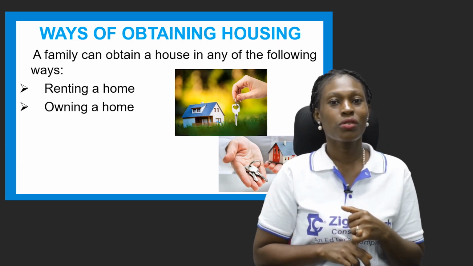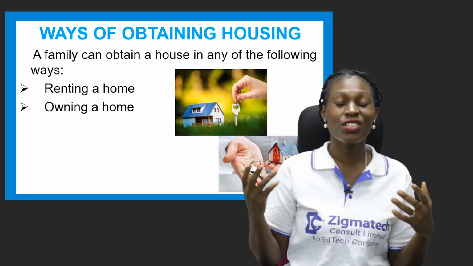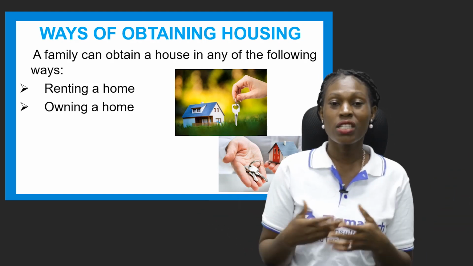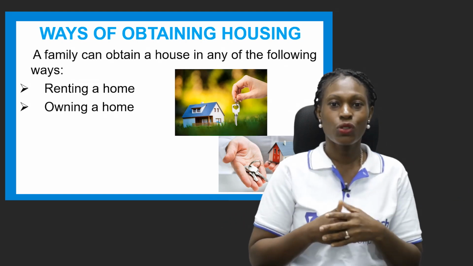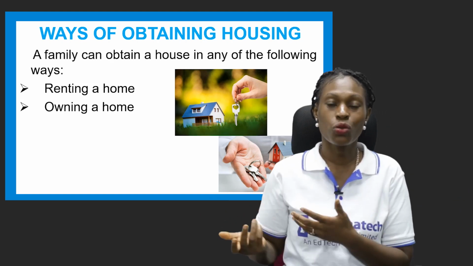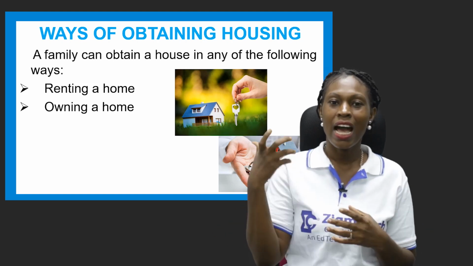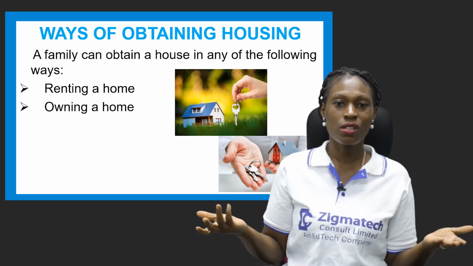The house is already built. You have the money, you go. Today we have different agents. We have housing facilities that are up for sale. All you need is to have the money. They just say it's 30 million, 40 million, and then you go look and see if it's something you want. You just pay for it, and then you're good to go. You're already a house owner by buying the housing units.